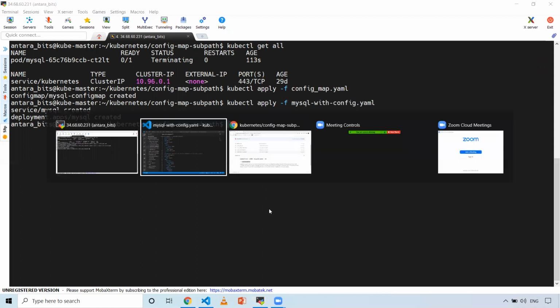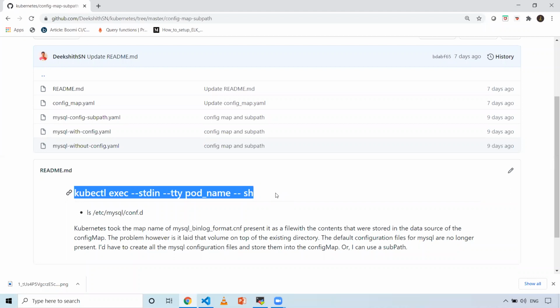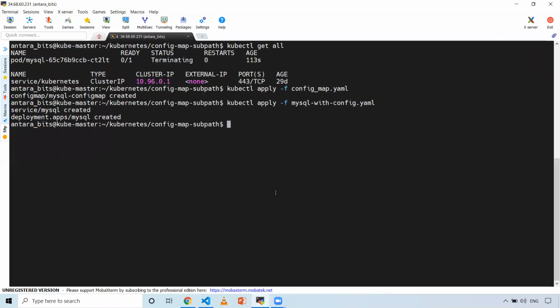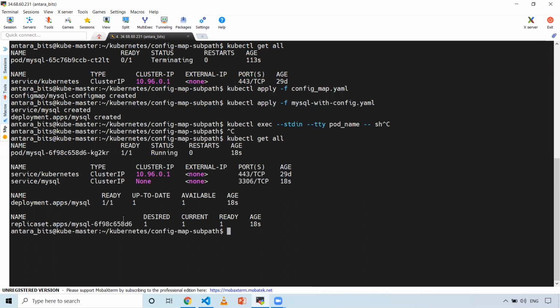So let's copy that command again to log in inside my Kubernetes pod. Before this, we need to do kubectl get all to make sure my pod is created successfully or not, and also that we have created the config map as well. So now let's log into this particular pod.